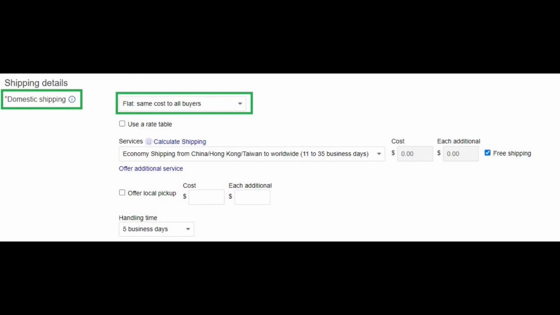Domestic shipping: the shipping cost is set up in the first section. From the drop-down menu on domestic shipping, select flat. It means that you charge all buyers the same amount of shipping regardless of the location.